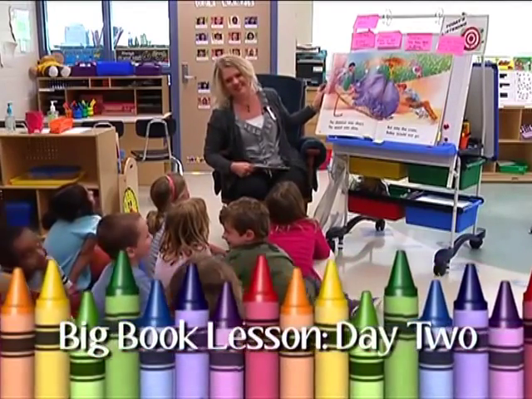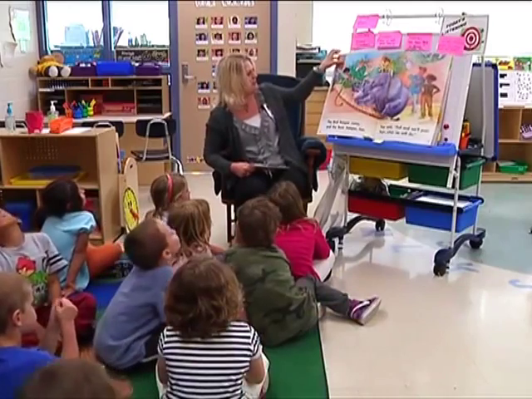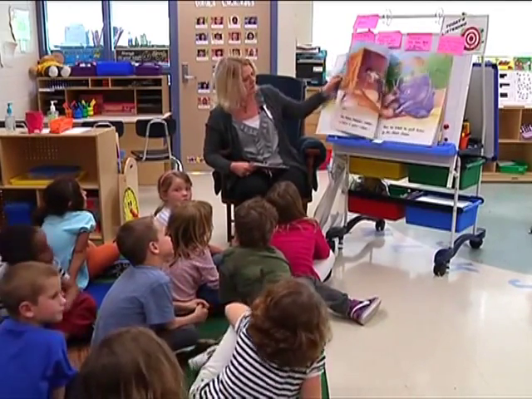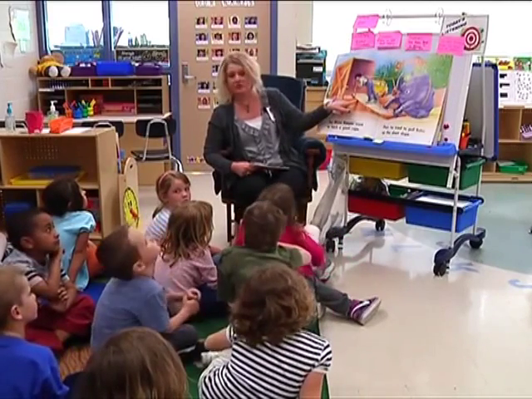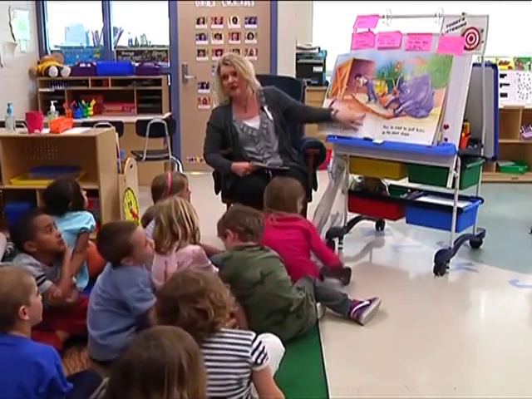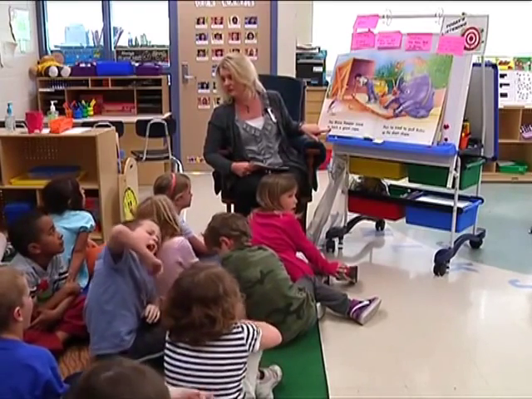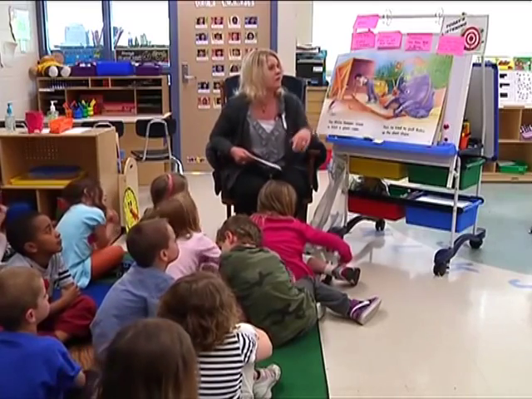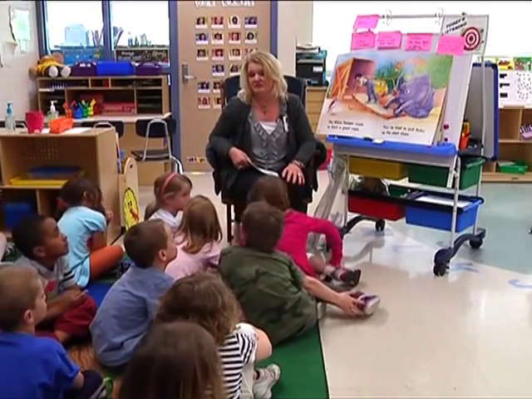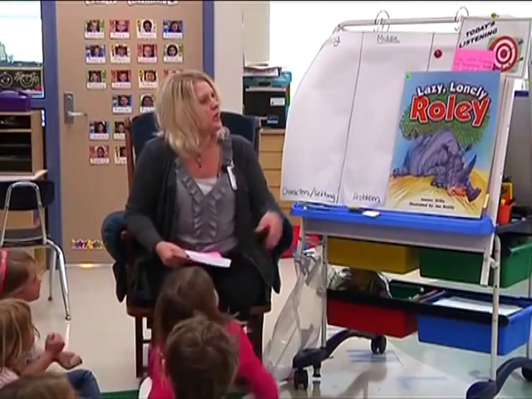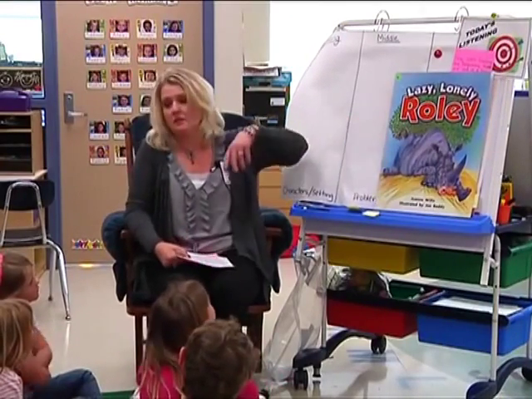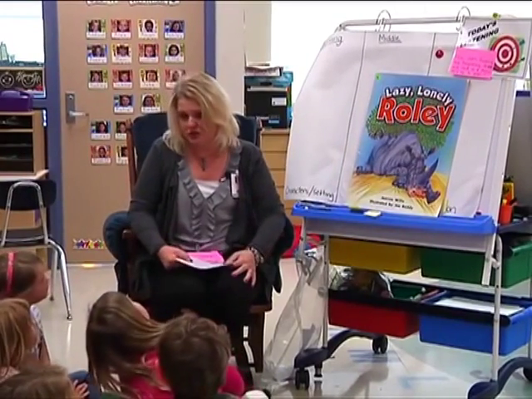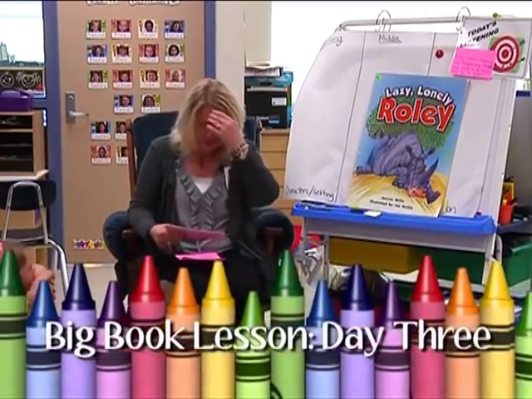Good discussion. All right. So let's go back and think about how we had some tricky words that we had to try to figure out, didn't we? We had to figure out what they meant, and we also had to use the picture to help us figure out what they meant, didn't we? And then we had to check them with the beginning letter to see if we were right. Right? And that's how thinking about the story helped me read those hard words. All right. So today we're going to talk about how we find the beginning and middle and the end of our story. And that's going to help us retell the story. So that's kind of our listening target today.